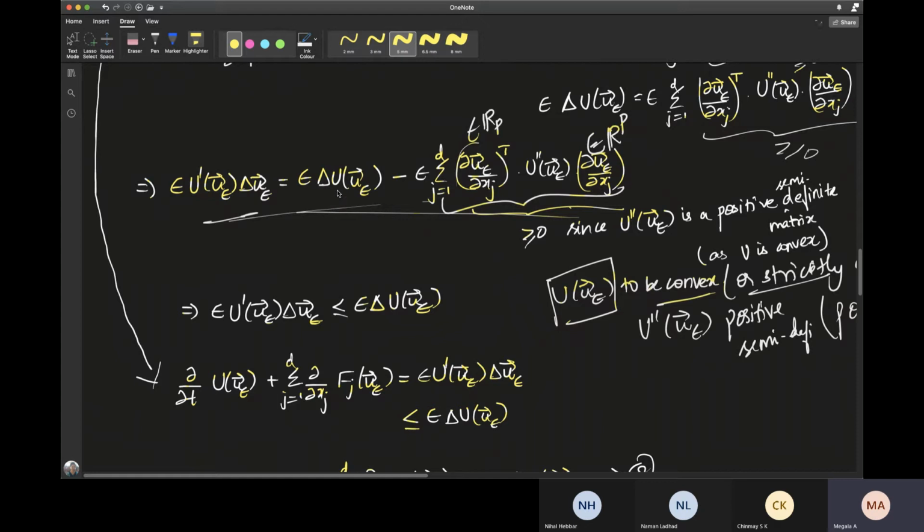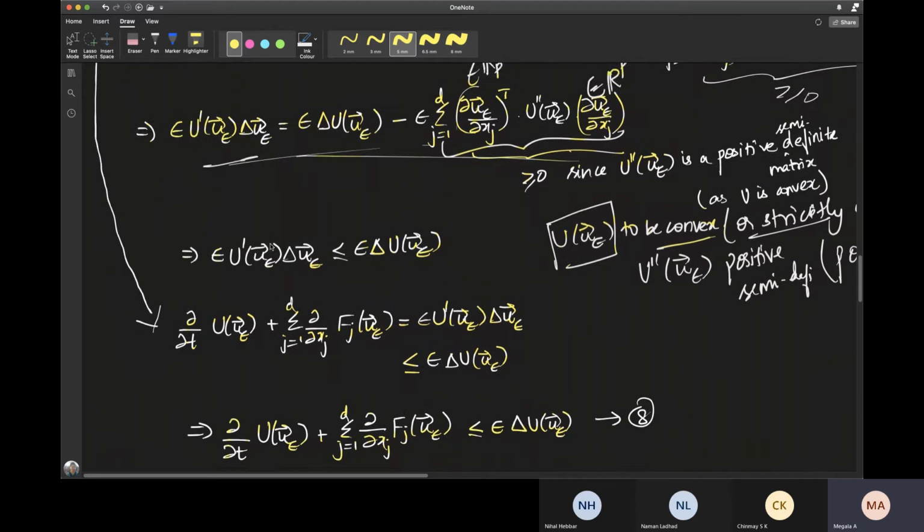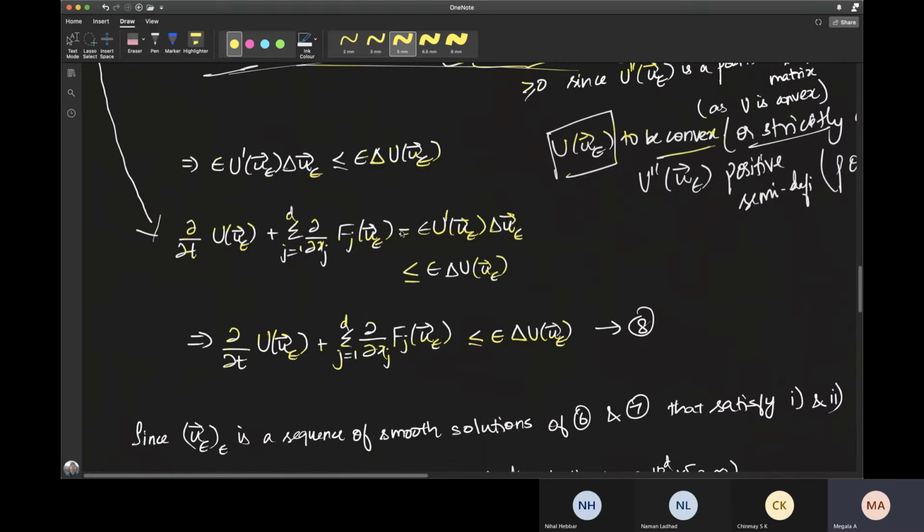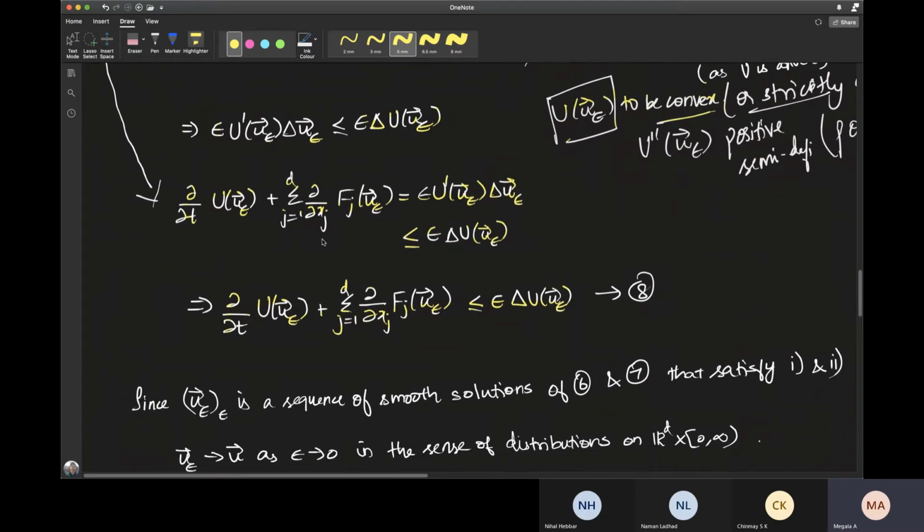So that is why we get this inequality. If you subtract some positive quantity from anything, then the new quantity that you obtain will always be less than or equal to the old quantity. So that is why you get this inequality. So this equality that you had over there has been transferred into this inequality now. That is how we got this inequality.